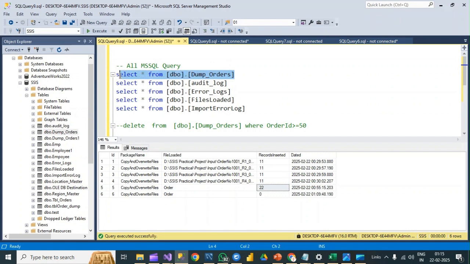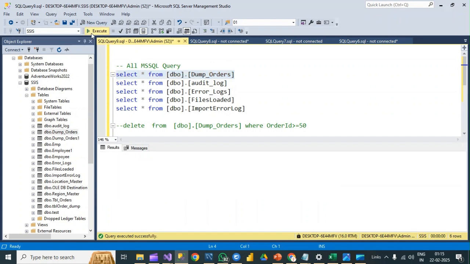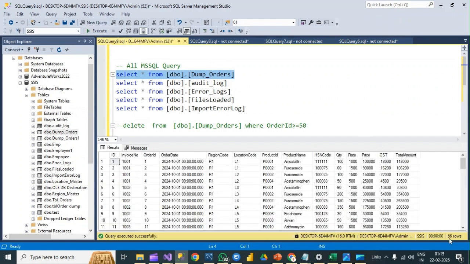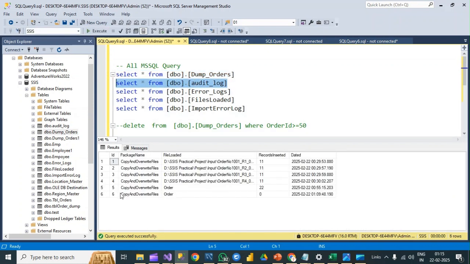In the dump order there were previously 44 records, but as of now it has 66 records. That means the new data has been loaded into the dump order table. But if you check the audit log, this is a recent record, and the number of records inserted is showing